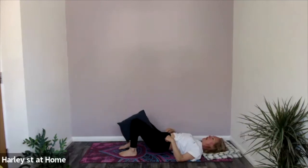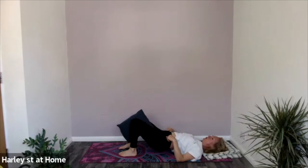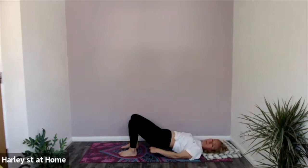Lovely. Lower the hips, lift the hips. You're literally popping your hips down, lifting your hips up. Good, popping your hips down, lifting your hips up. 1 more time. Lower and lift, and then lower down. Well done. Now, if you lift your hips again and put the cushion back under the pelvis, so it's on